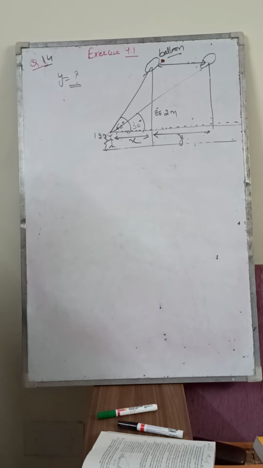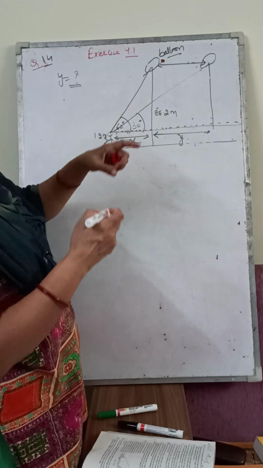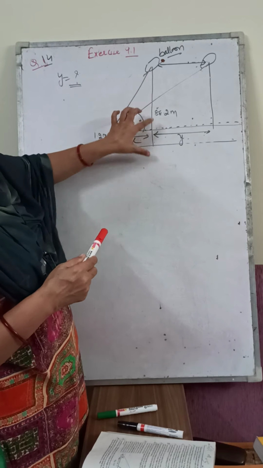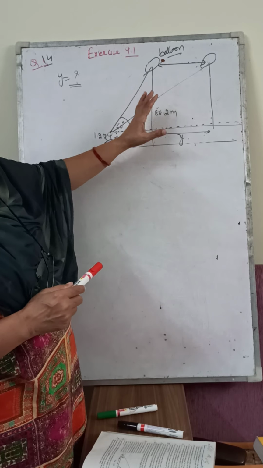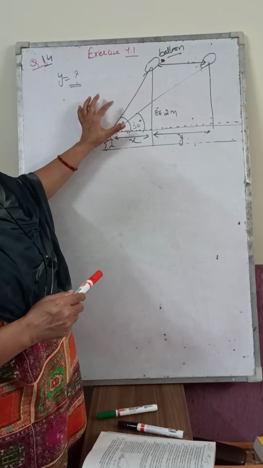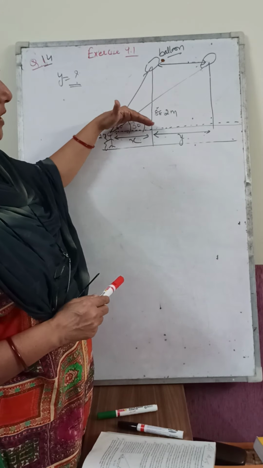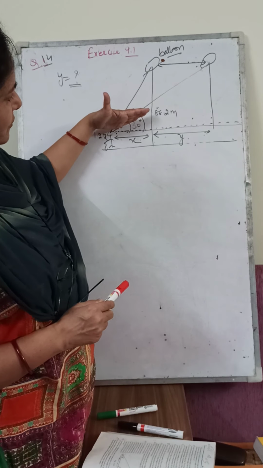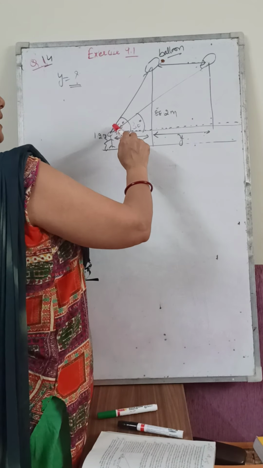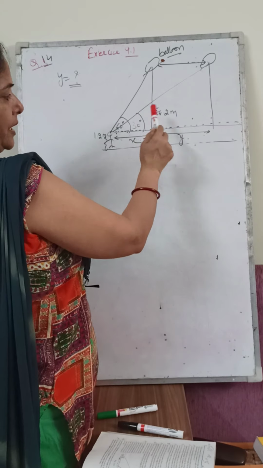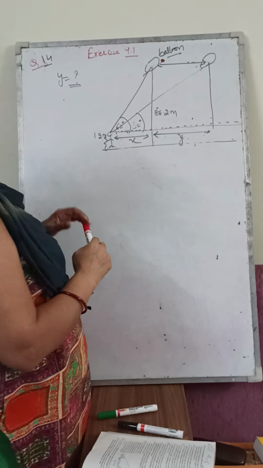See the figure once again. Here we have a 1.2 meter tall girl. She spots the balloon, and when she spots the balloon, the balloon is at a height of 88.2 meter. At that point of time, the angle of elevation is 60 degree. After some time, because the balloon is moving in the horizontal level, the angle of elevation reduces to 30 degree. As the angle of elevation reduces, the balloon is going far away. So now at this point the angle of elevation becomes 30 degree. You have to find how much distance is covered by the balloon, means you have to find this y.